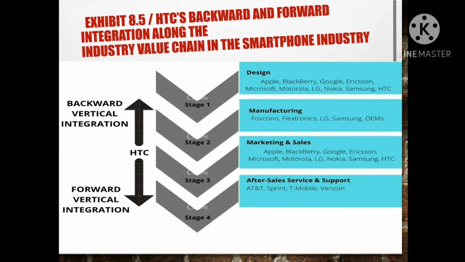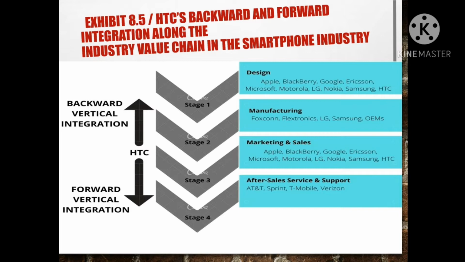In this figure, note HTC's transformation from a no-name OEM manufacturer in stage 2 of the value chain to a significant player in the design, manufacture, and sale of smartphones in stage 3 and stage 1. It now offers a lineup of innovative and high-performance smartphones under the HTC label. Over time, HTC was able to upgrade its capabilities from merely manufacturing smartphones to also designing products.